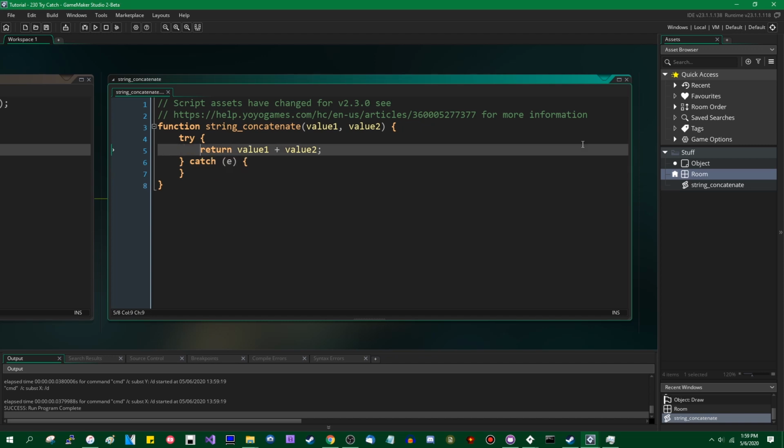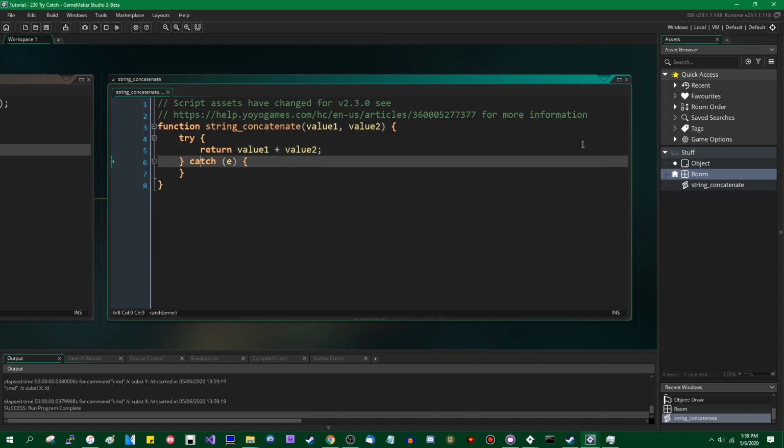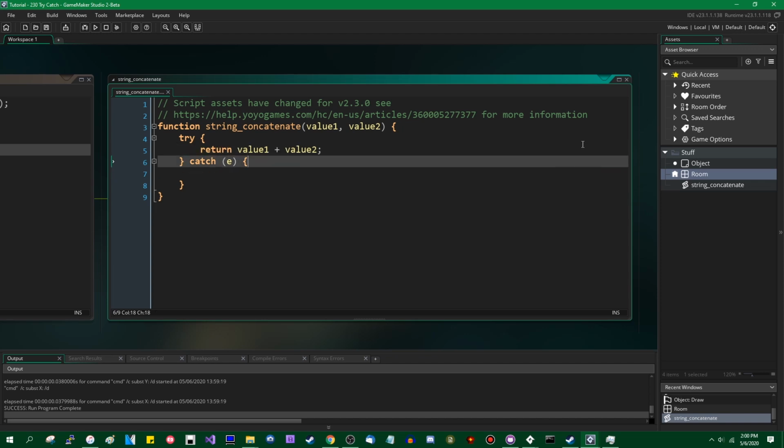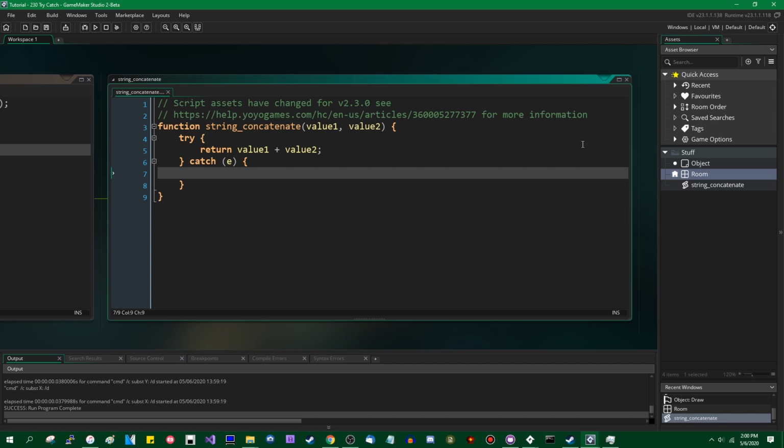What is try and catch? If you've ever used a programming language besides GML, you probably already know what try and catch is. They will detect errors that happen in your code, and if an error arises, if it catches an error, as the verbiage goes, it will do something else. And you could use this to recover from situations that would otherwise break your program. For example, if for whatever reason you can't add these values together, you could say instead return could not